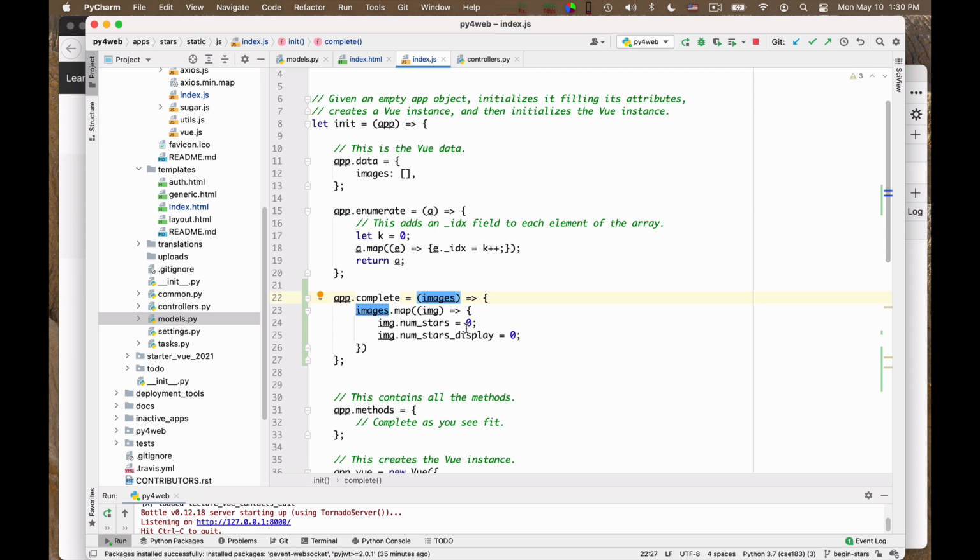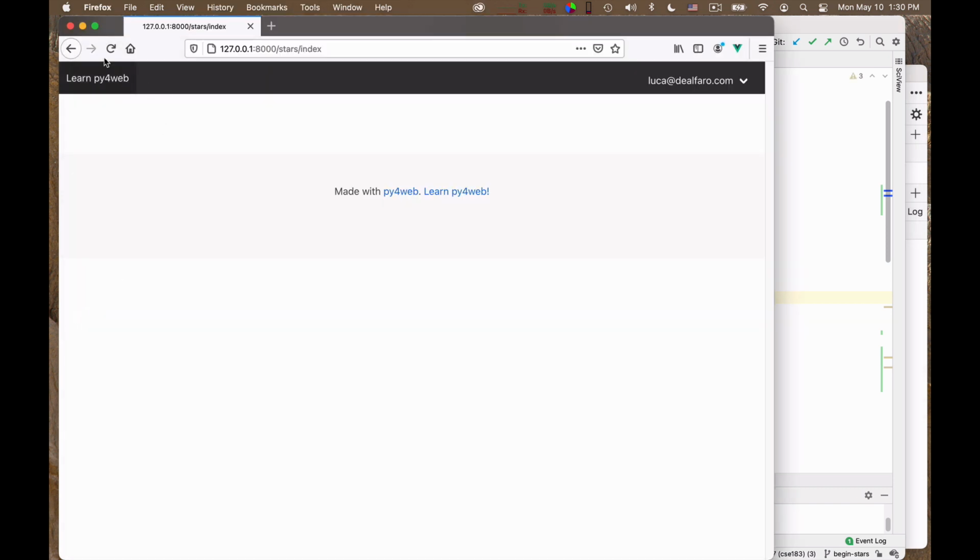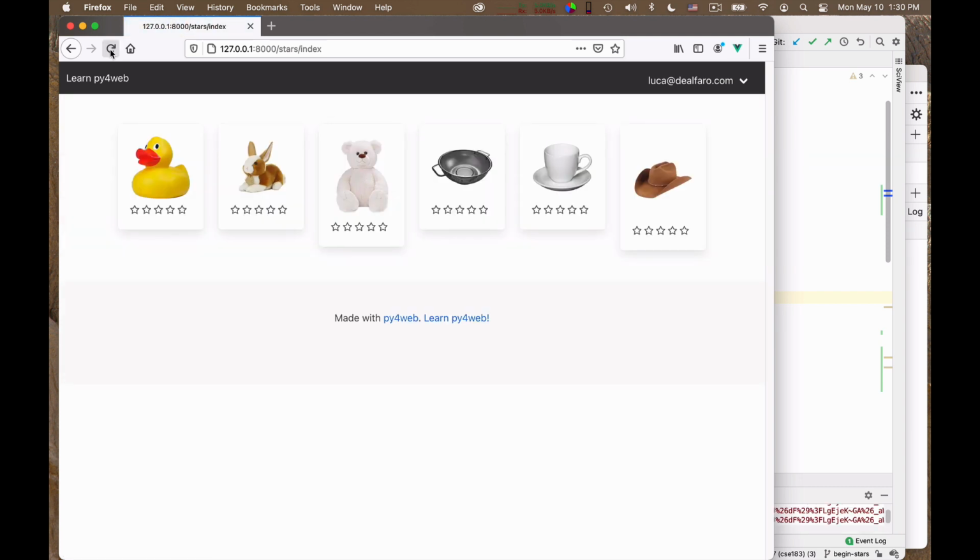Okay, so if I do this, let me try again, and it works. Okay, I mean nothing happens, but I display 5 stars that are all empty because so far the ratings are all 0. So far so good. Now I have to add behavior to these stars. The first thing I want to implement is something that ensures that when I mouse over the stars, that number of stars gets filled.